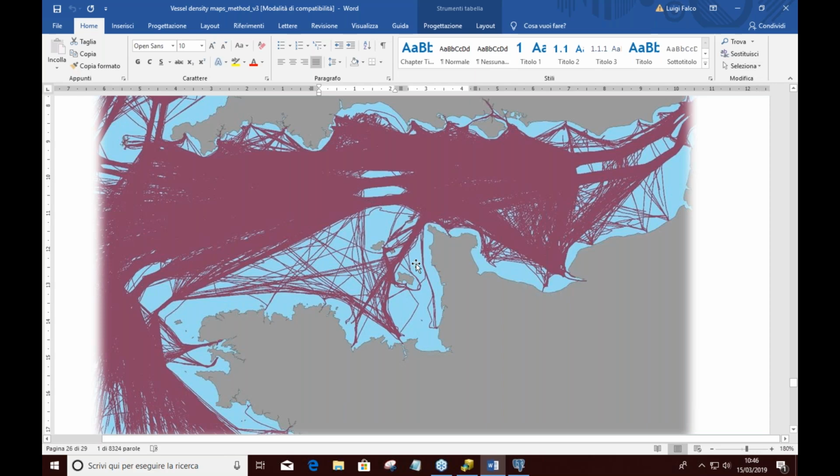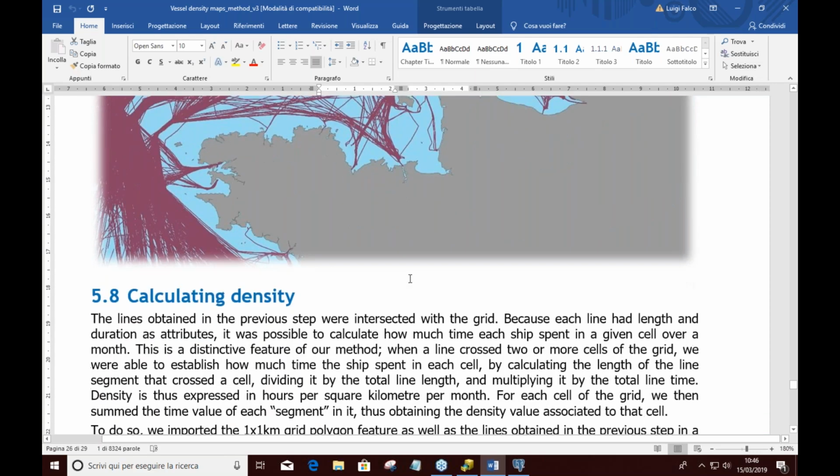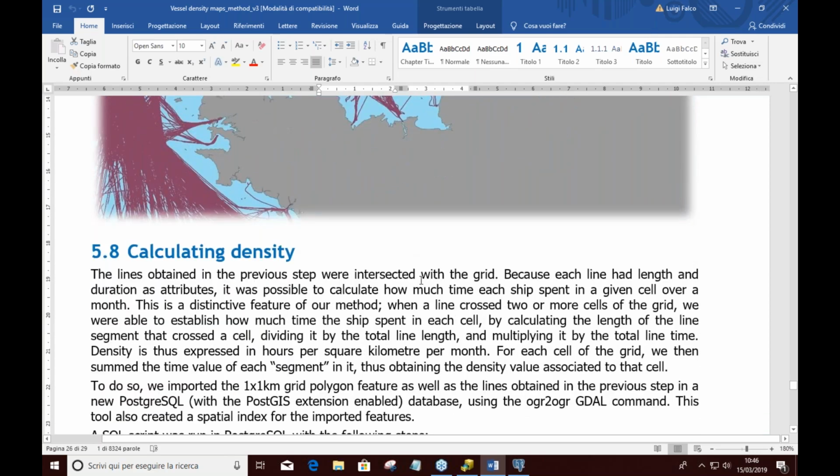So after these 2 steps, we import the grid polygon feature class and lines in another PostgreSQL database, enabling the PostGIS extension. To import data in PostgreSQL, we use the ogr2ogr GDAL command. And we developed a script to run in PostgreSQL that